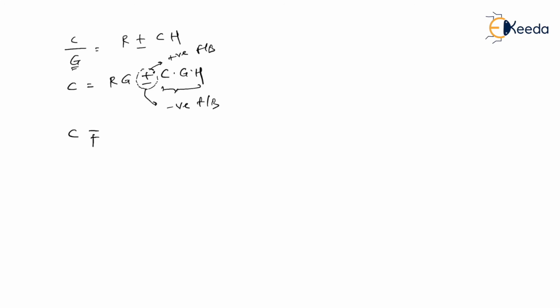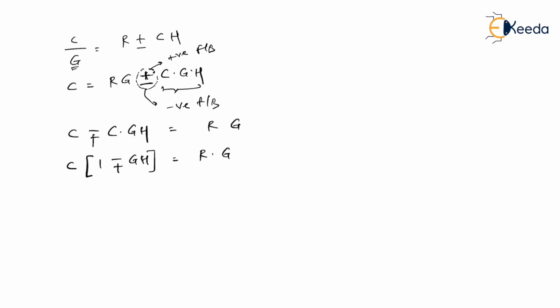Now the student says, so what's the big deal? Plus minus or minus plus, it is one and the same thing. No, it is not that way. Fine. So you have to remember this. Why? I'll tell you at the end. So positive becomes negative, negative becomes positive. What we have on the left hand side is C times GH, which is equal to RG. So I'll take C common. What remains inside is 1 minus plus GH, which is again equal to RG.